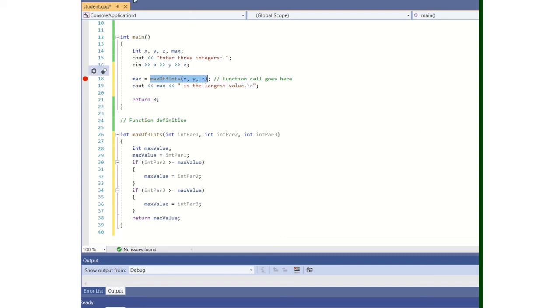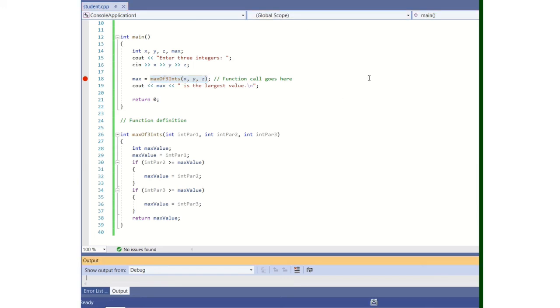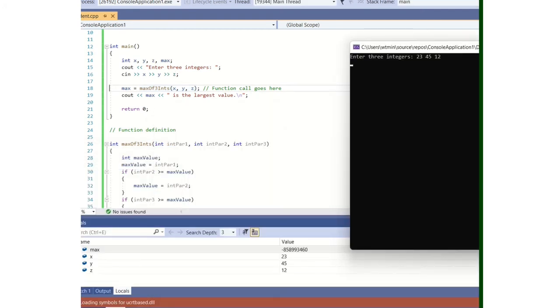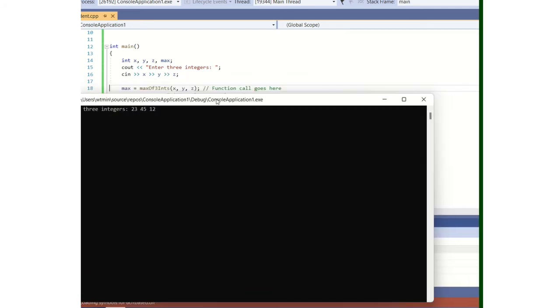Notice I have a breakpoint here. Let's save this and run this. So I'll enter 3 integers, 23, 45, and 12. So obviously 23 is going to be used to initialize x, 45 y, 12 z. Okay, and if I check my local variables, there we go. We are still in main at a breakpoint,